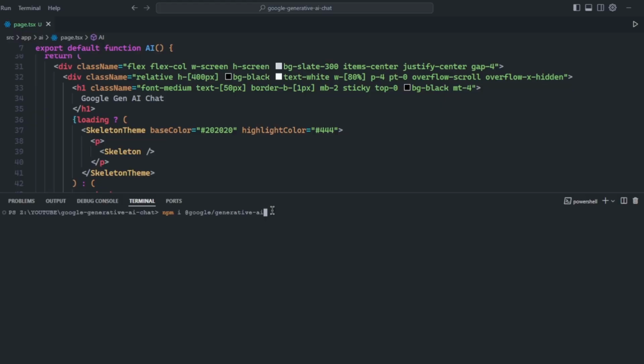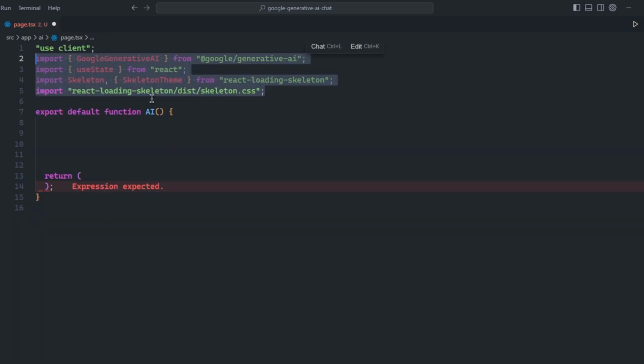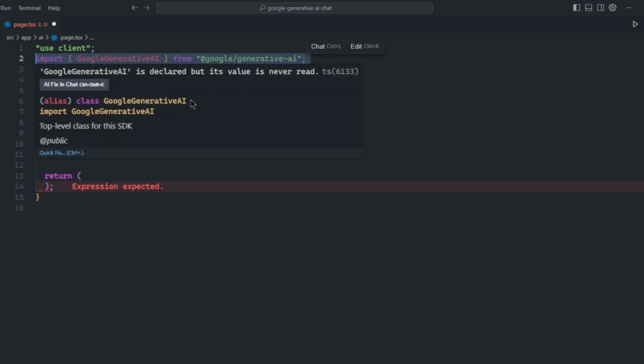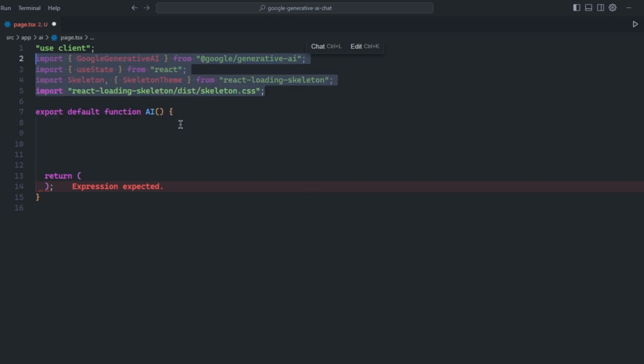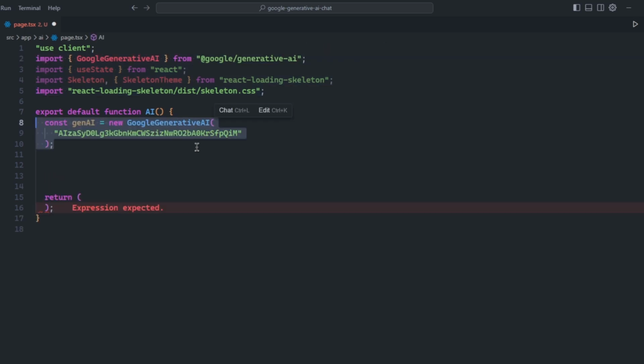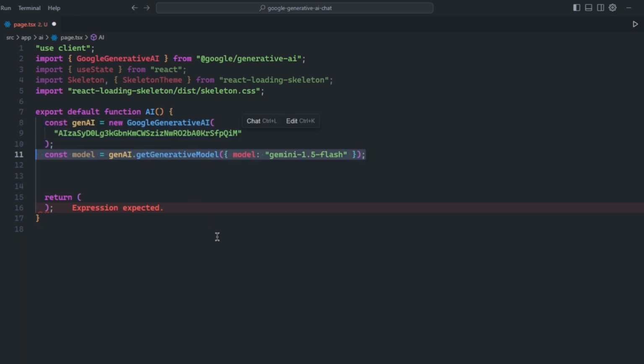You need to download Google Generative AI and the React Loading Skeleton. I am importing Google Generative AI, useState hook, skeleton loading, and defining a Google Generative AI model. So instead of this, you should paste your own API key. Define model,